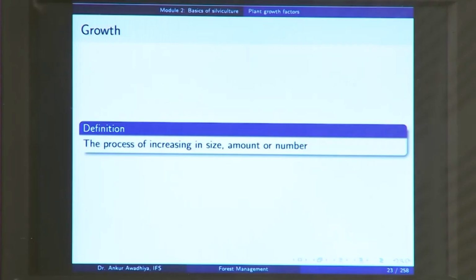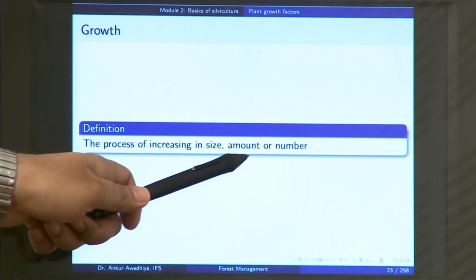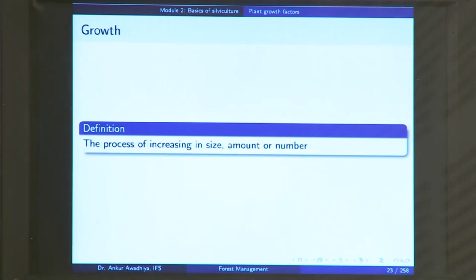So, what is growth? Growth is defined as the process of increasing in size, amount or number. So, essentially when we are doing silviculture, we want to have our plants that increase in size, they become taller, they become stouter, they increase in amount or number, which means that we want to have a good density